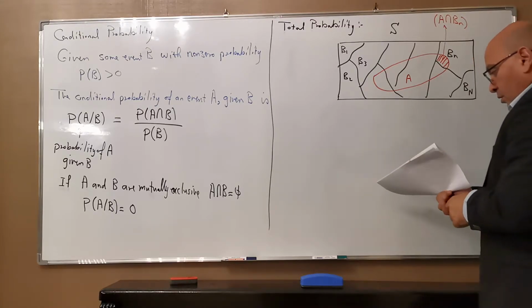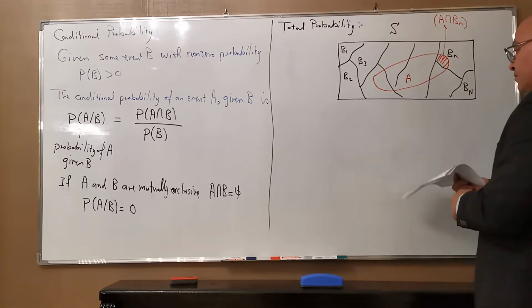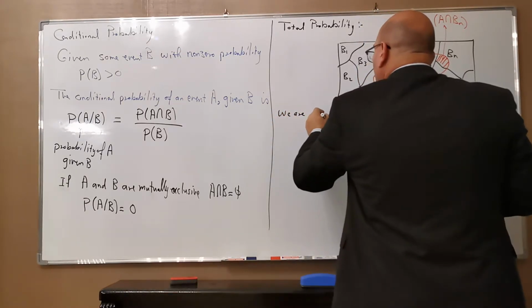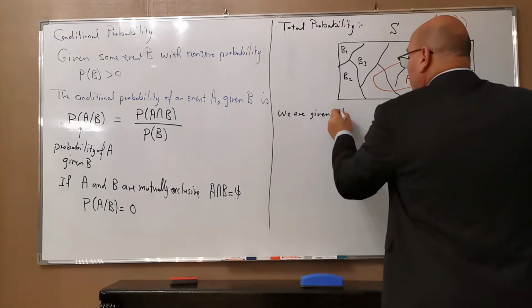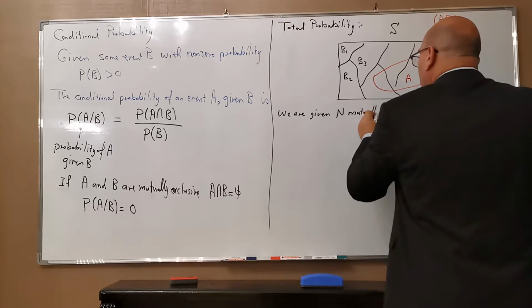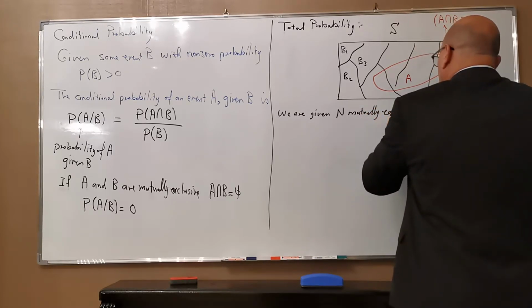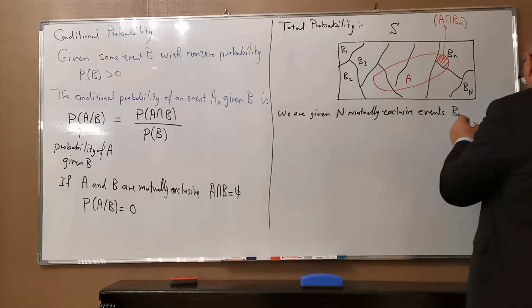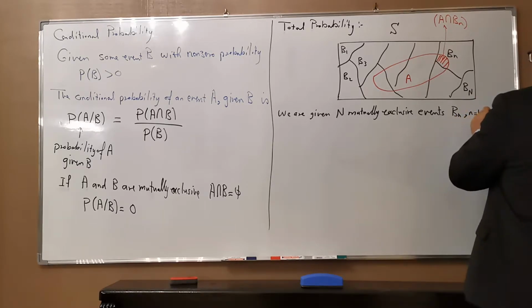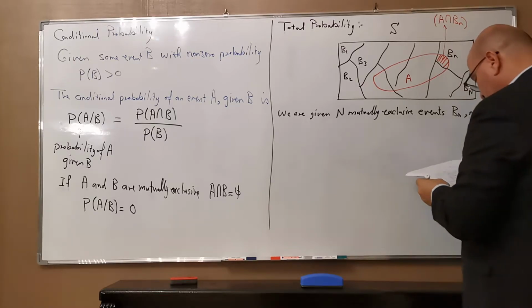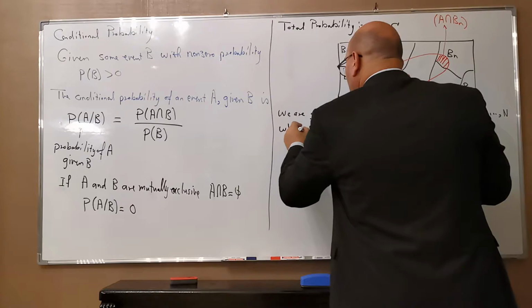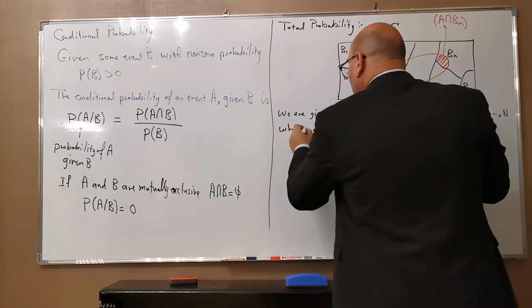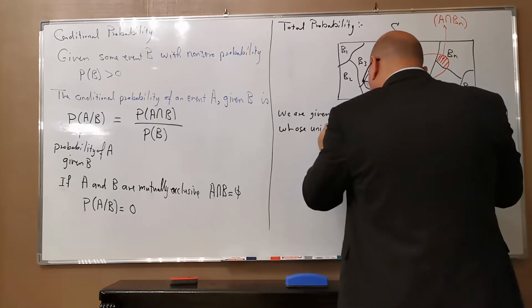So what we have here, or we are given, n mutually exclusive events B sub n for n equals 1 up to capital N, whose union is S,